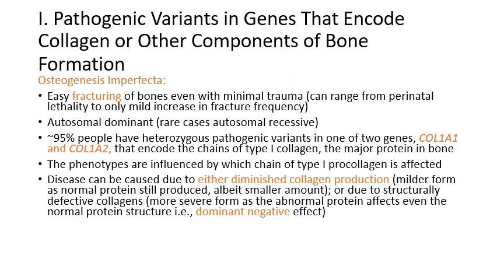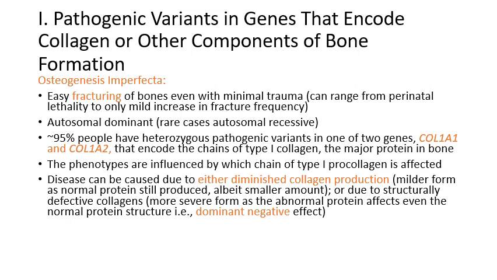Another mechanism is pathogenic variants in genes that encode collagen or other components of bone formation. One example that's been used here is osteogenesis imperfecta. So in this condition, people have easy fracturing of bones, even with minimal trauma. It can range from perinatal lethality to only mild increase in fracture frequency, depending on the genes affected. It's generally autosomal dominant, although there are some genes, which I haven't included here, that can be autosomal recessive as well. More than 95% of people have heterozygous, which means only one copy,